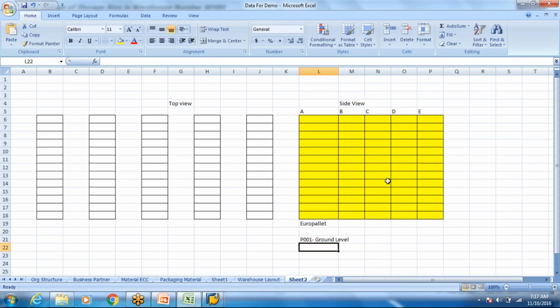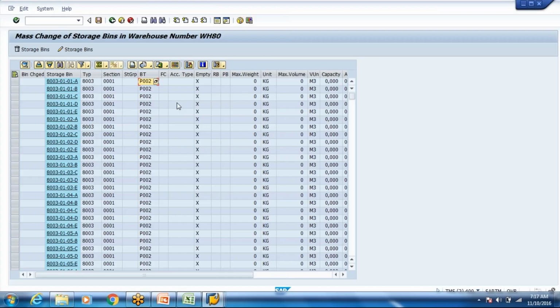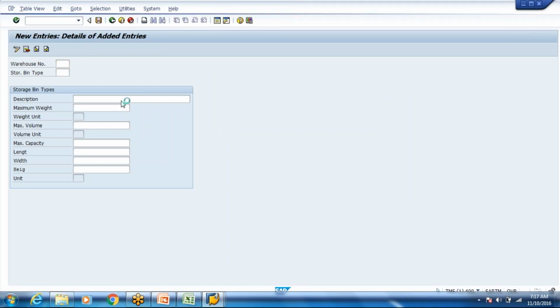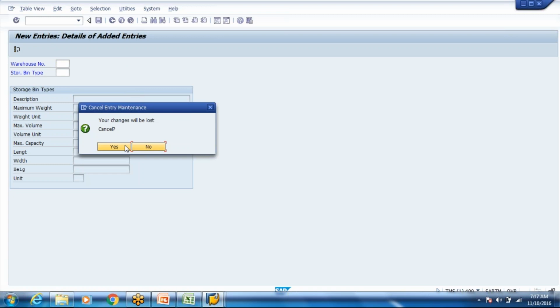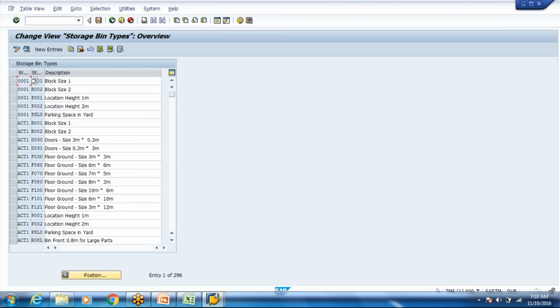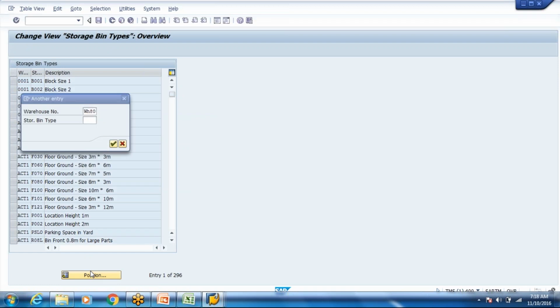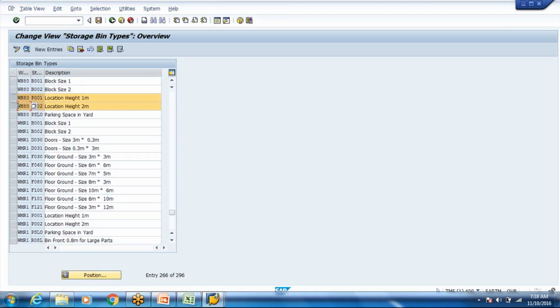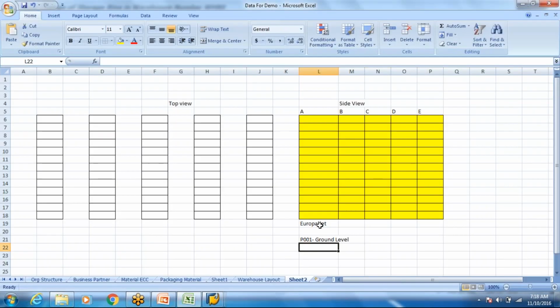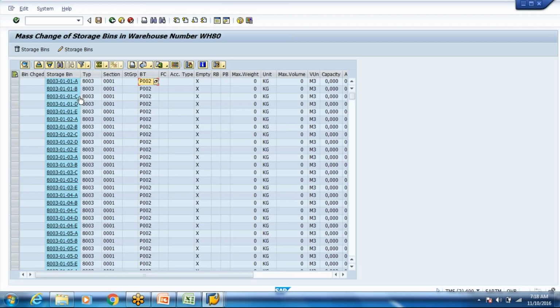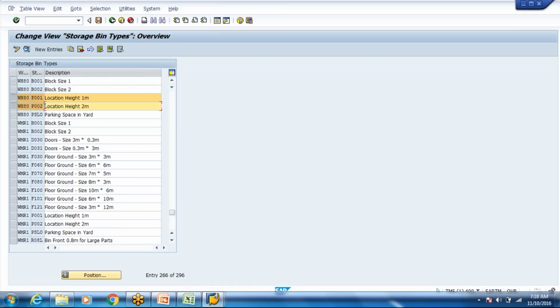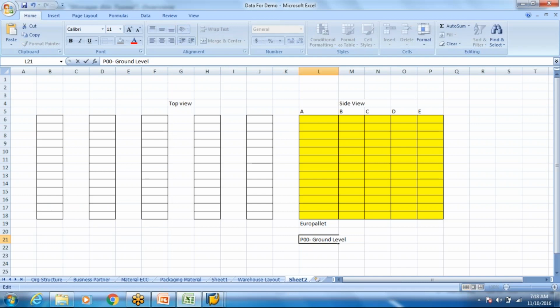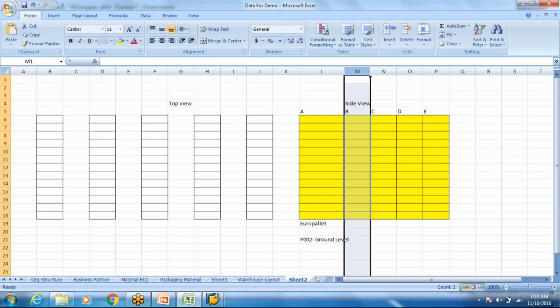I'm just giving you an example: sometimes your top level bins are bigger in size, and sometimes, in the same aisle, all bins are the same size. I'm just trying to give you an example where we have different bin sizes. So we have P001 here as a bin type. Let me copy. Let us use P001 and P002. Ground level bins are P001 because they have more height. So ground level bins are P001, sorry, P002, and all other bins are